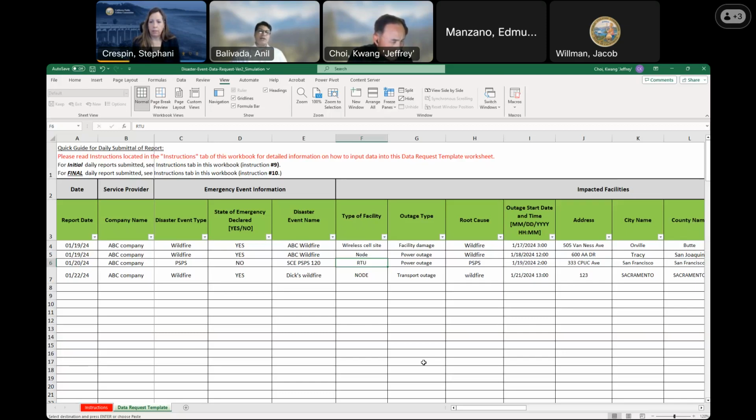So that's how we are treating each row. That facility would be treated for a given event, and then after, in a sequence, you can fill in that information. If it is not known, you can put a TBD on the first day, and in the following days, if you have more information, you can update it, either the current date's information or some of the previous dates' information as well,